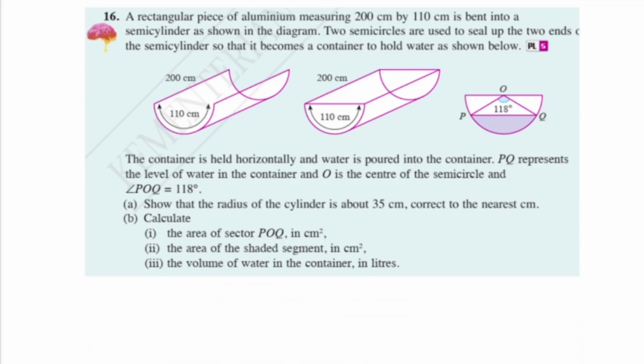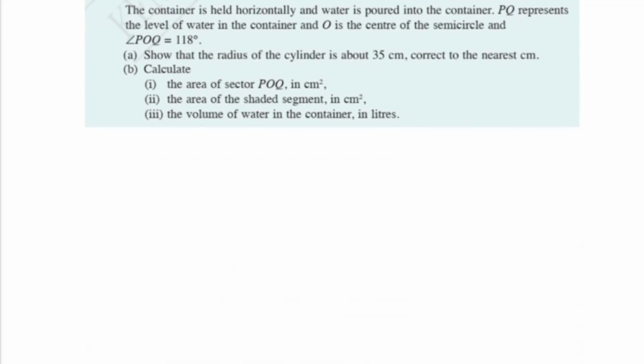Okay, so I think you can see. I don't have to show you this again. I'll just redraw the semicircle for you. This is the second one. 16 (a)(i), OPQ. So first of all, they say show that the radius of the cylinder is about